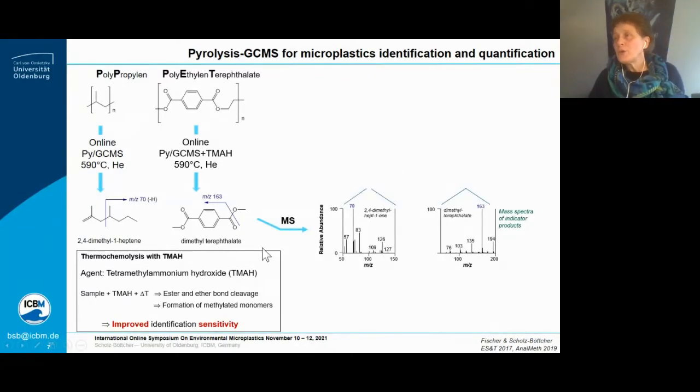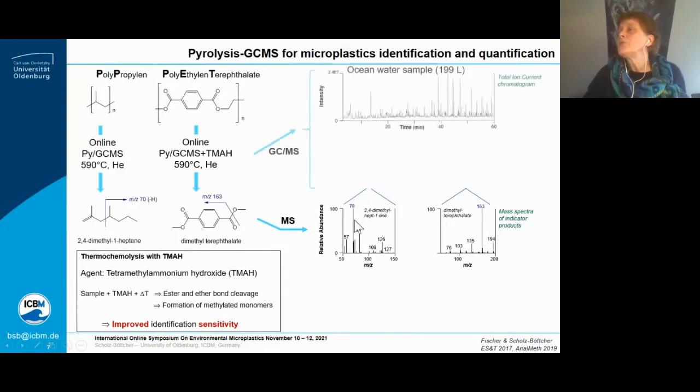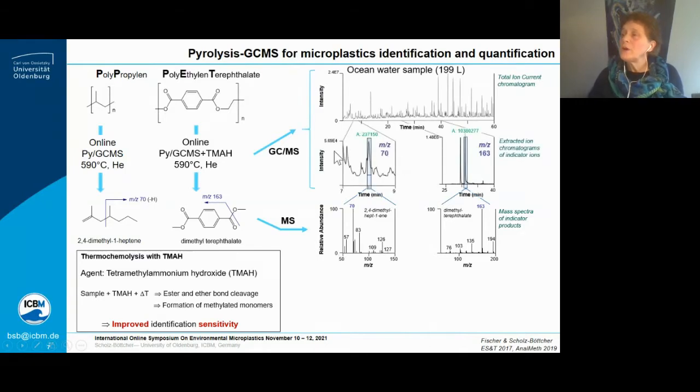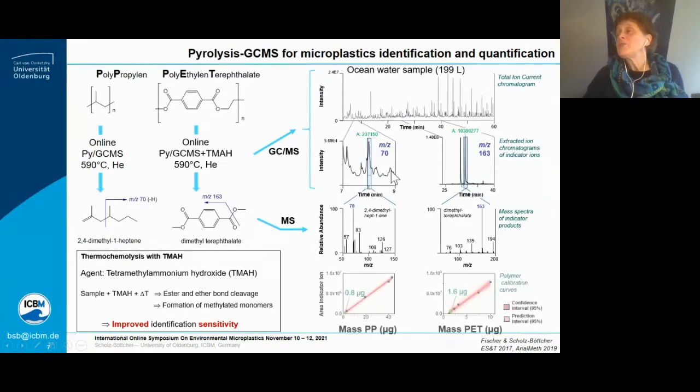And when you analyze the compounds, you get the characteristic mass spectra. From these characteristic mass spectra, one can derive via the software the extracted ion chromatograms, and with standards of different concentrations, you can generate a calibration curve, and with integration of these characteristic signals, you can identify simultaneously different polymers